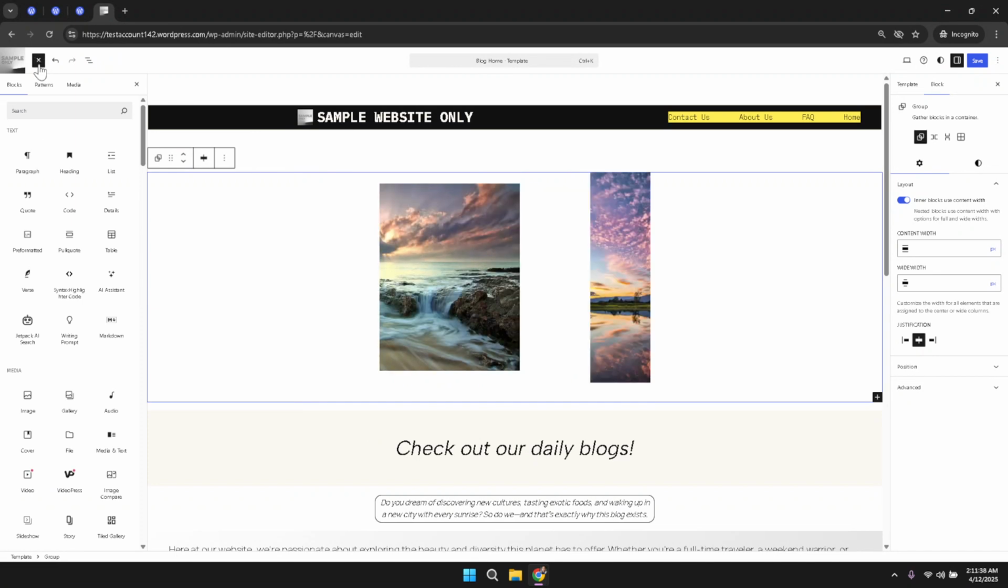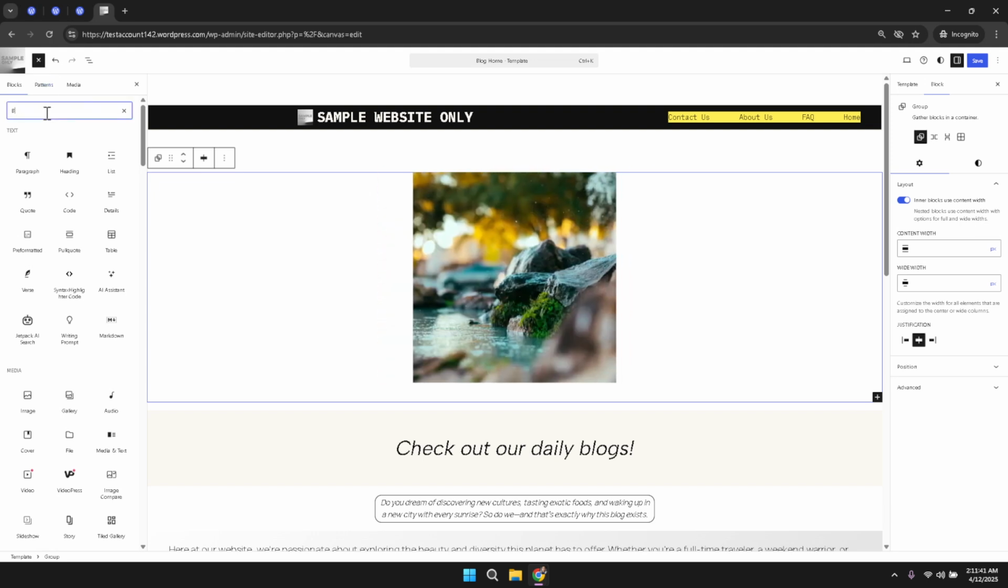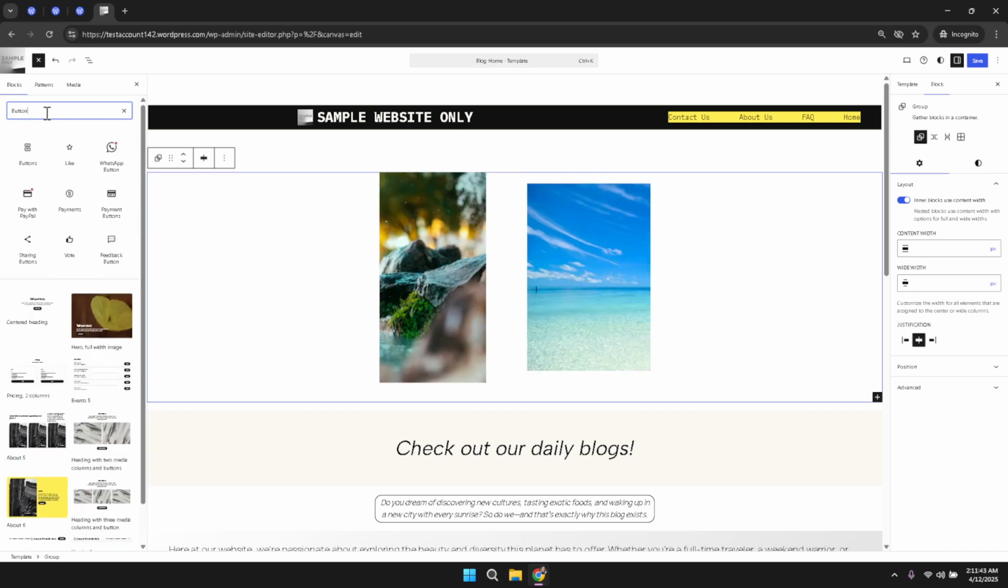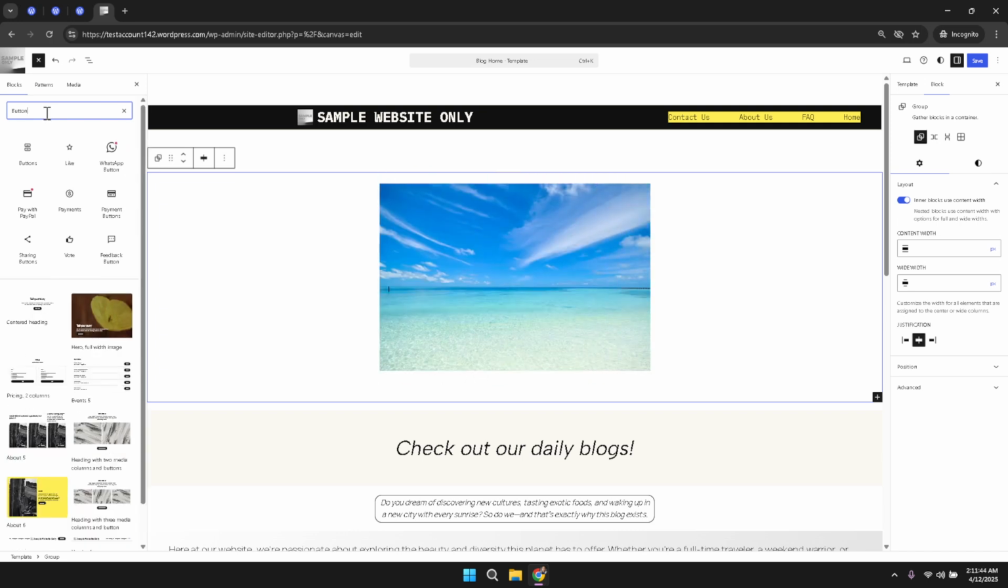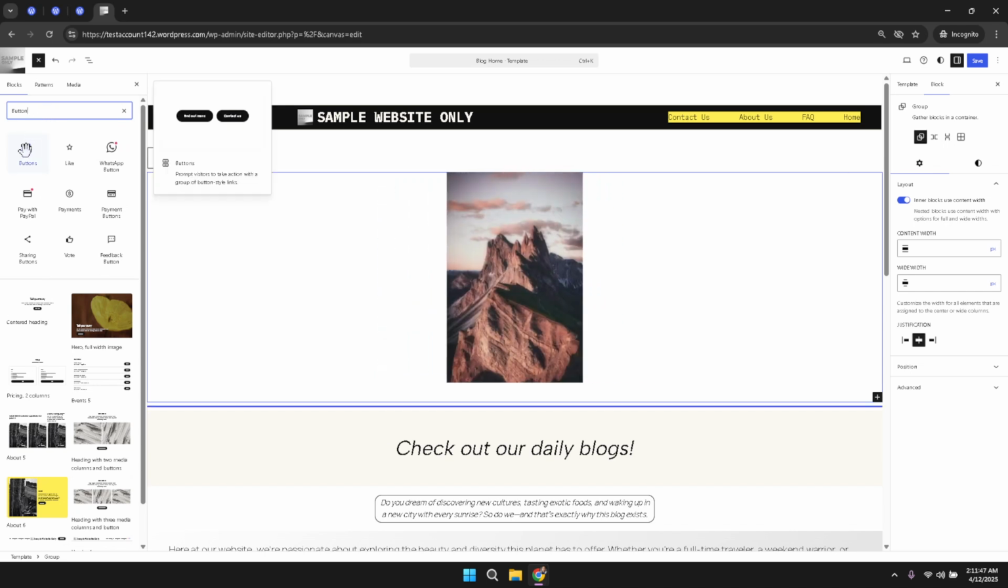To efficiently locate the button element, simply type the word button into the search field provided in the panel. This action filters the list and presents you with the option for buttons. Once the button element is visible, click on it to add it to your live page. You now have the basic button in place, but further customization is necessary to ensure it fits seamlessly with your